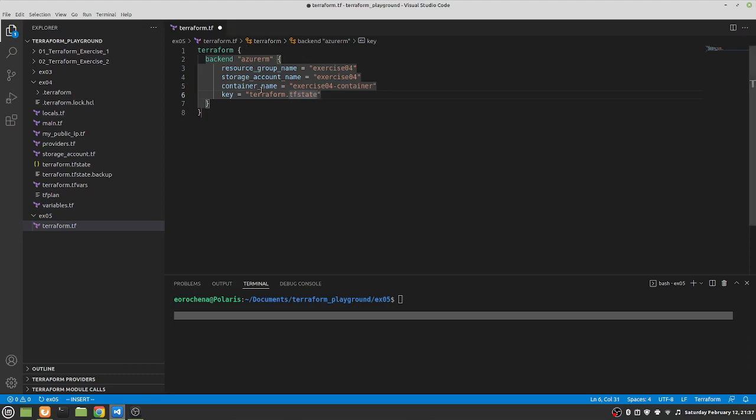Okay, that's it for this file. So basically we're specifying where the backend is. It's going to be on the resource group name exercise 4. The storage account name is exercise 4 and the container is exercise 4 dash container. And it's going to contain the terraform.tfstate file. So let's move to the next file,